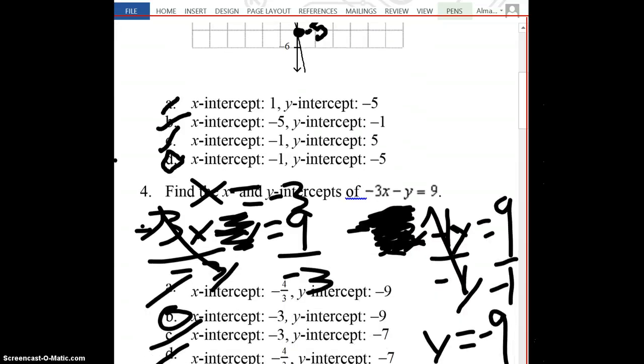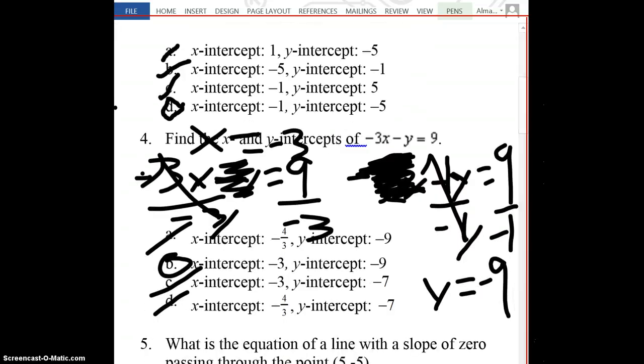What is the equation of a line with a slope of 0 and passing through the point (5, -5)? Anytime we're looking at something with a slope of 0, we know that we're looking at a horizontal line, because with a horizontal line, the slope is zero. Okay, so the very first thing we want to start doing